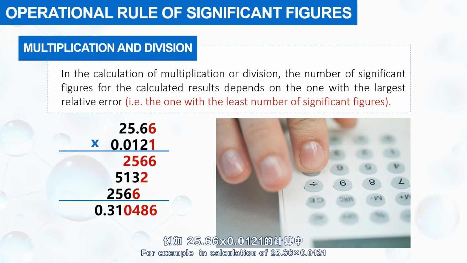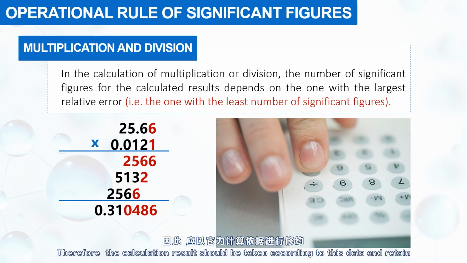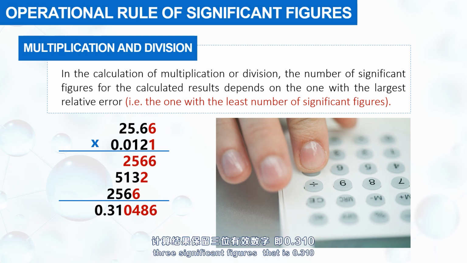For example, in calculation of 25.66 times 0.0121, the second data has 3 significant figures, and its relative error is largest. Therefore, the calculation result should be taken according to this data, and retain 3 significant figures, that is